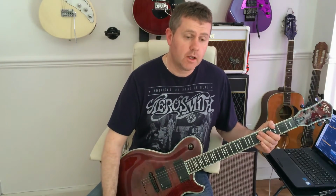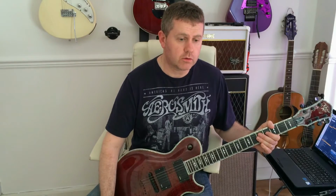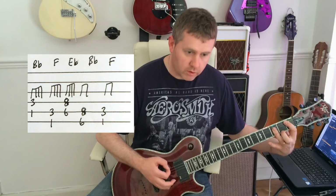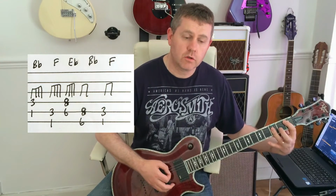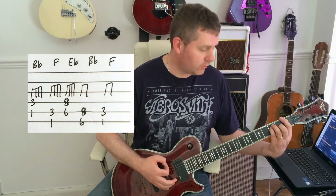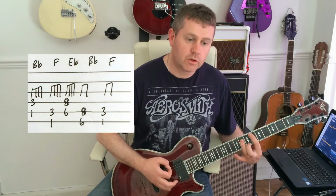I'll put the chords up on the screen. I'll play it through the simple way, and then we'll look at the way it's more likely being played on the record. So starting off with B flat to F, and we're playing this like 1, 2, 3, 4 to F, 2, 3, 4 to E flat,